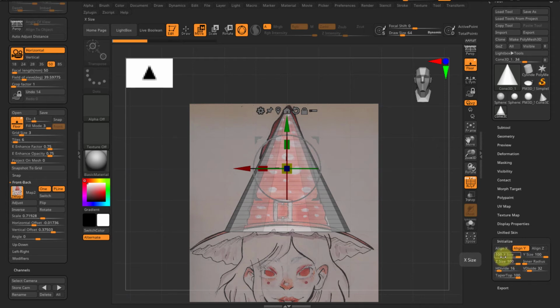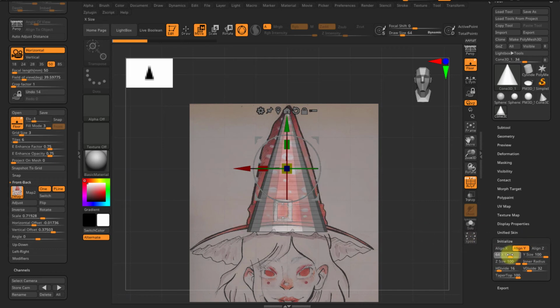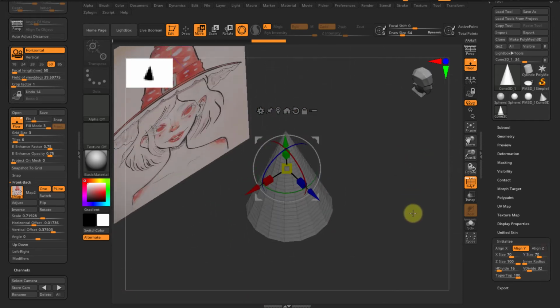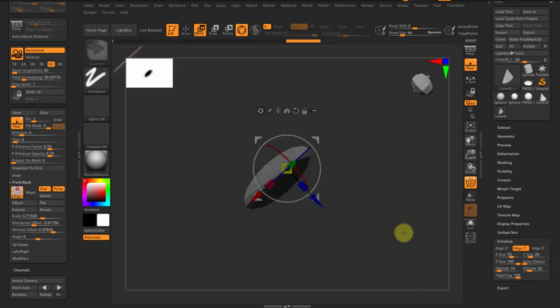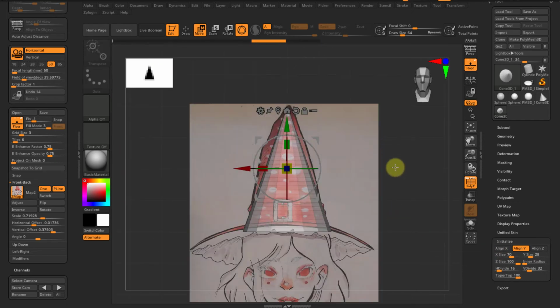So this 100 size, that's the horizontal and other type of size, so that will be 70. And this should be the same. If not, your model will look like this. Okay, it will be flattened or oval. Okay, that's how we go. H divide, that's the horizontal divide. If we increase it,